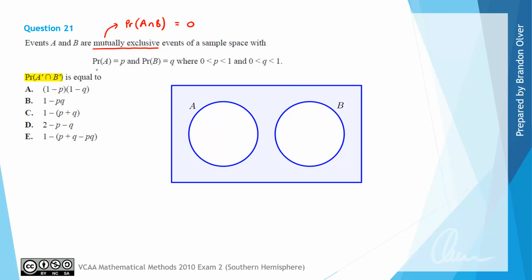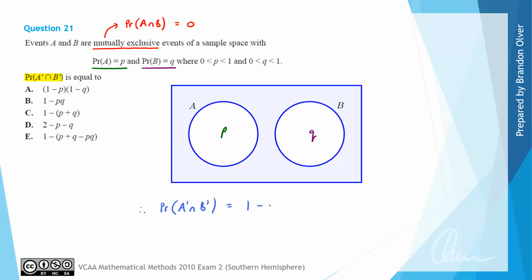The next thing we know is the probability of A is equal to P, so I'm just going to put a P here. And the probability of B is equal to Q, so I'm going to put a Q there to represent its probability. And we also know that all probabilities must add up to 1. So P plus Q plus something else in that lightly shaded area, the area we're looking for, must add up to 1. So therefore we know that the probability of A complement intersecting B complement must equal 1 minus,